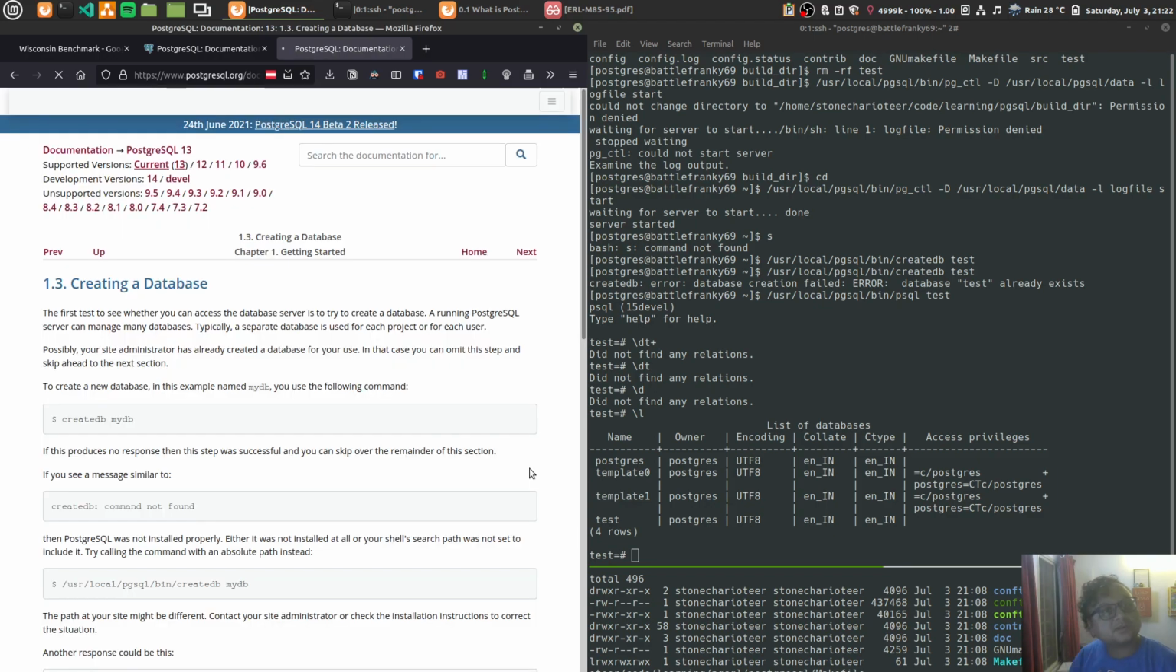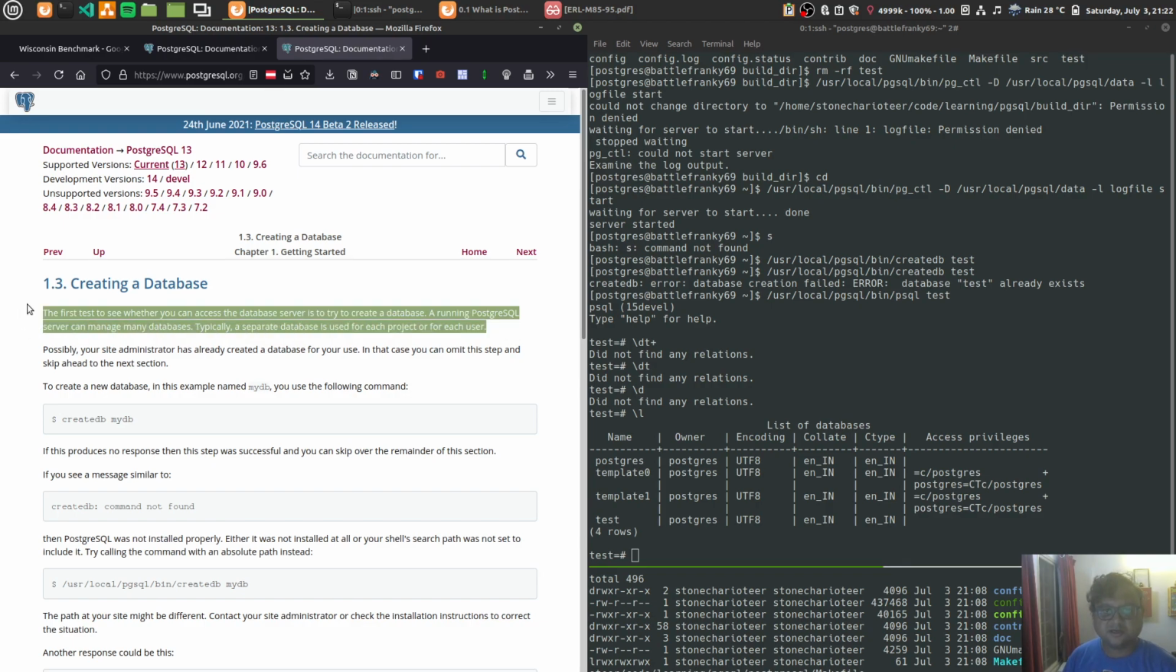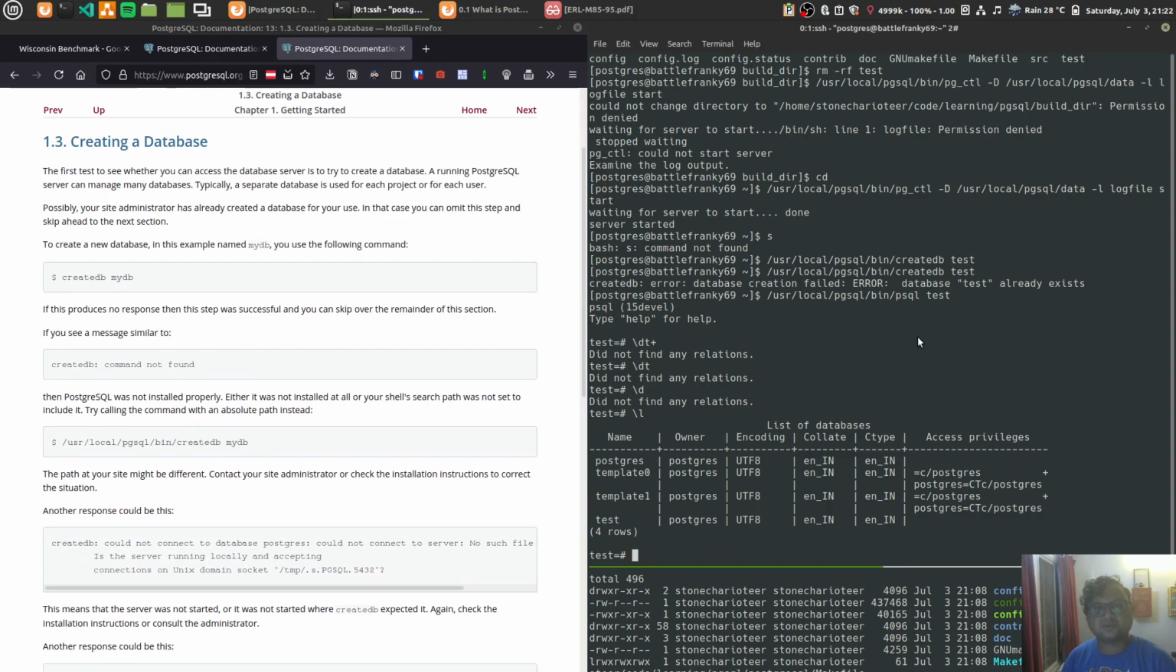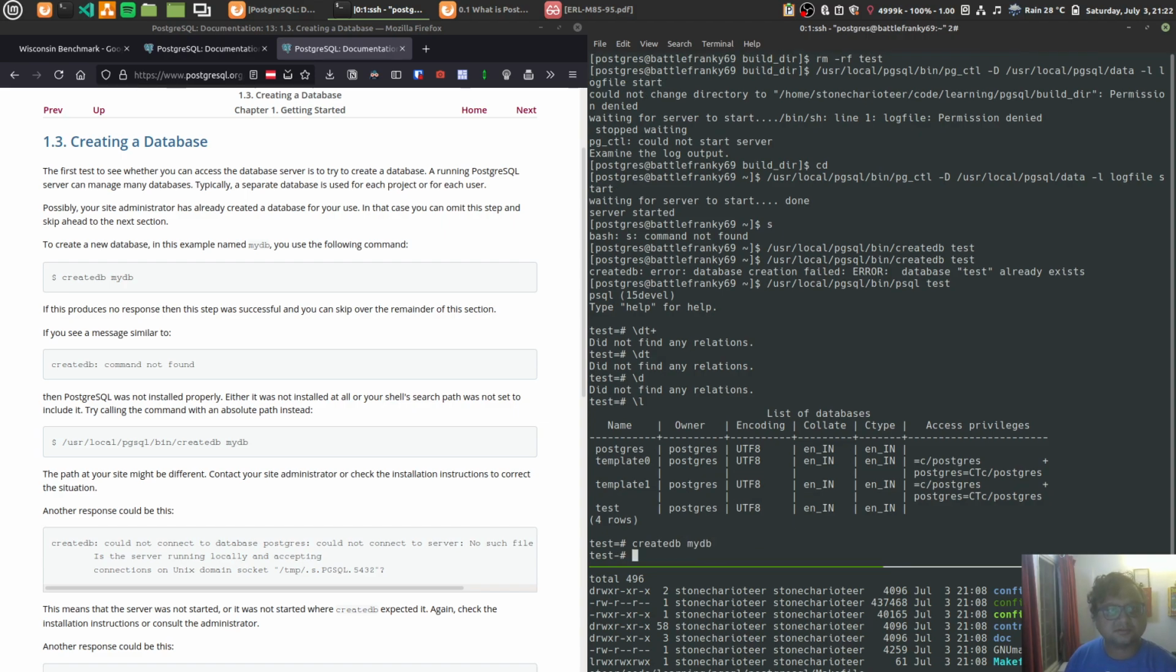Cool. Creating a database. The first test is to see whether you can access the database server and try to create a database. A running Postgres server can manage many databases. Typically, a separate database is used for each project. Cool. createdb mydb. Yeah. So,